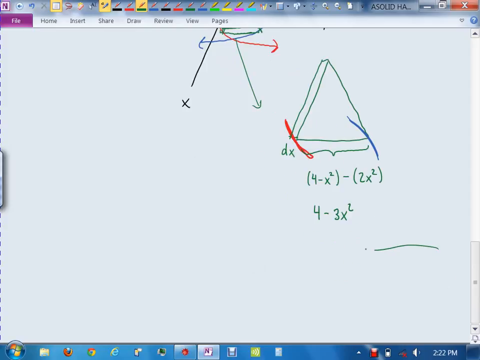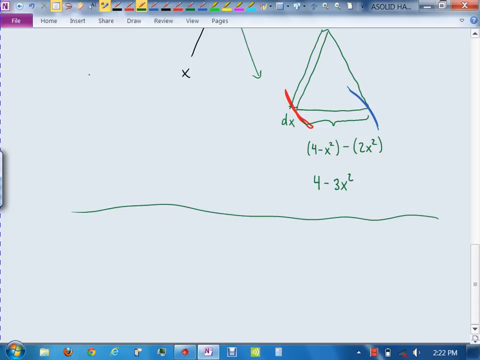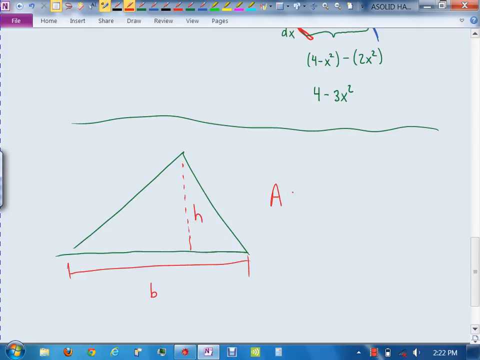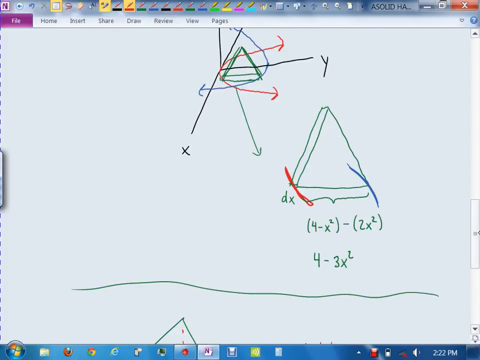So it looks like we need a little quick refresher here. This will save you a lot of time if you know this formula. If someone gives you a triangle like this, and you have the height and you have the base, then the area, of course, is 1/2 base times height. My college algebra students know that. But if you don't have the height easily available, you have to compute it, which takes some time. The only way we can get the height of our triangle is to do a little right triangle